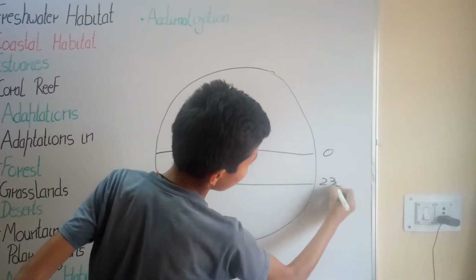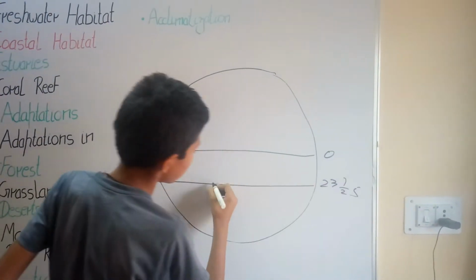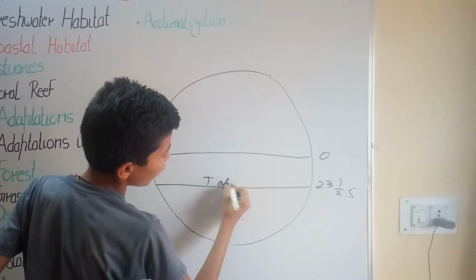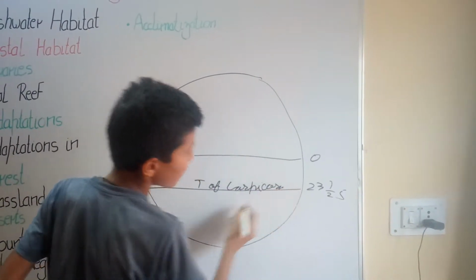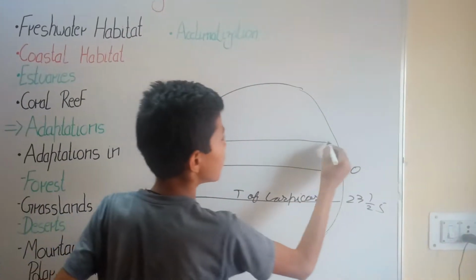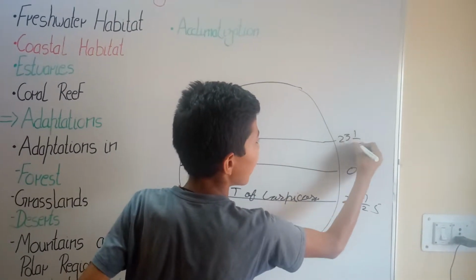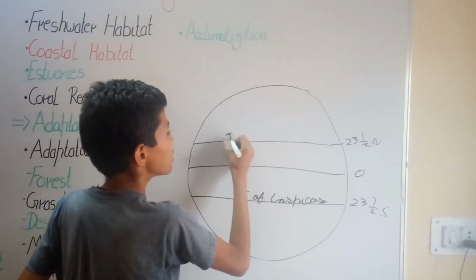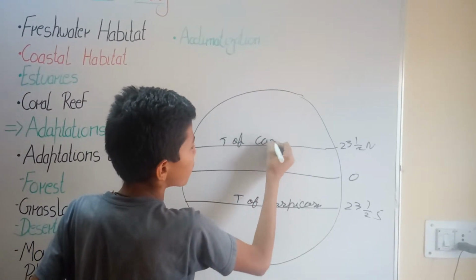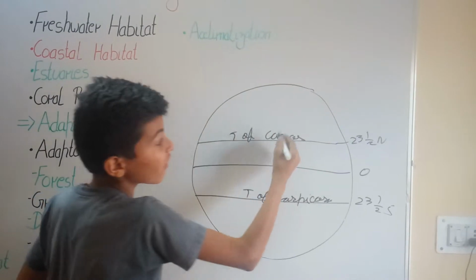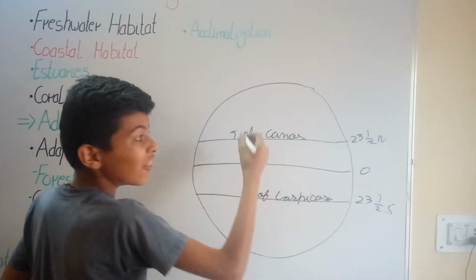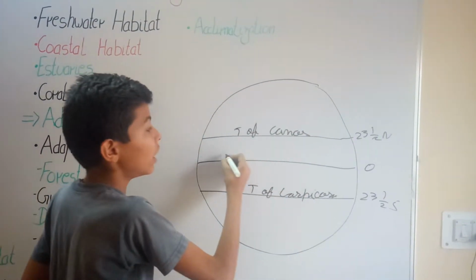This is 23.5 degree in the southern hemisphere, which is the Tropic of Capricorn, and in the northern hemisphere with the same degree, 23.5 degree, we have the Tropic of Cancer. The forest which lies between the Tropic of Cancer and Tropic of Capricorn with the equator in between is called